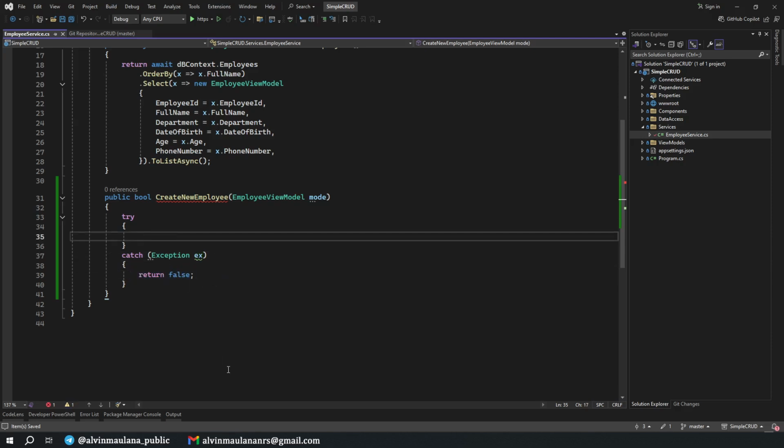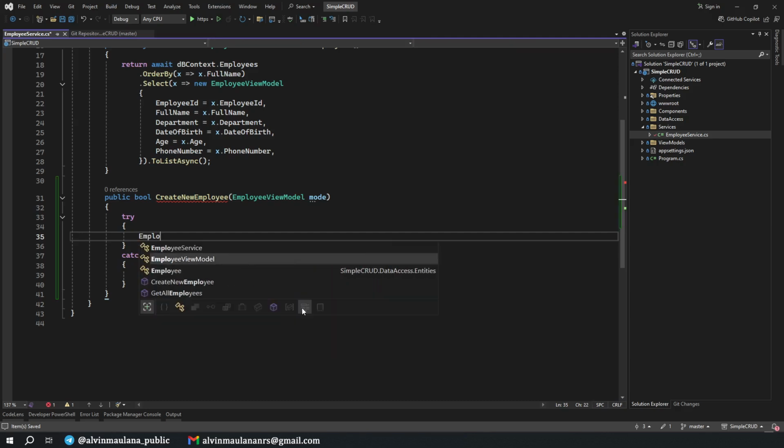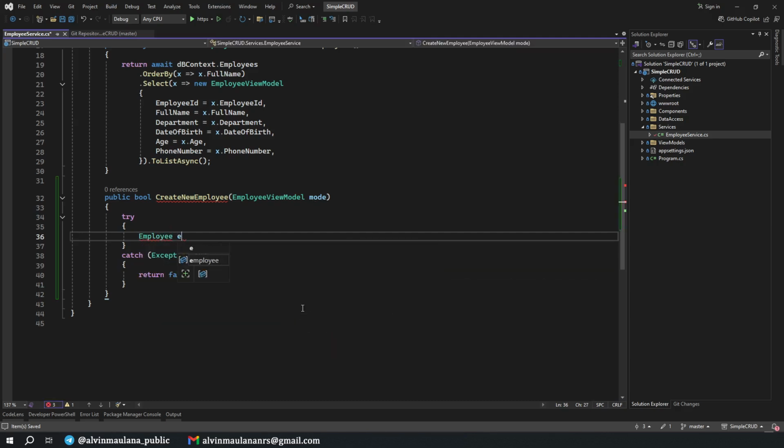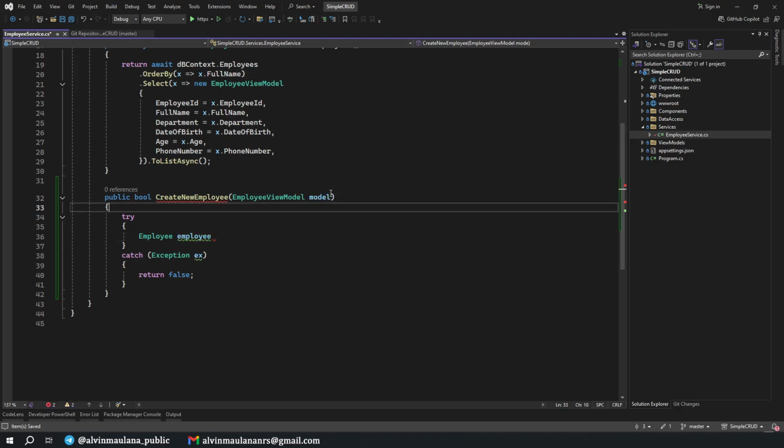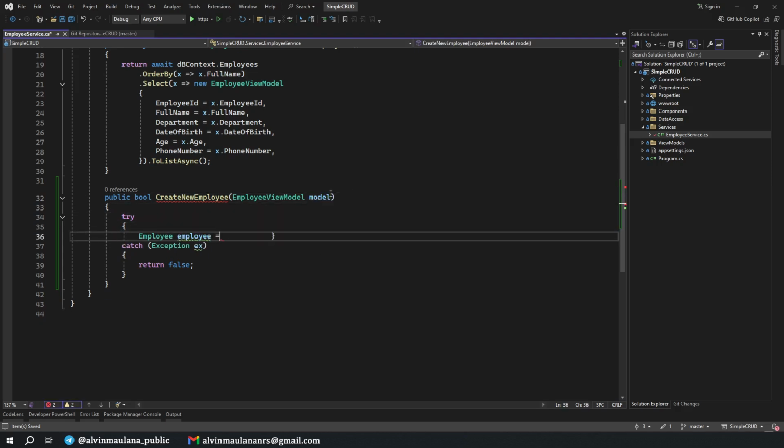And then first, what we need to have is an employee entity. Oh, this one should be model. Employee and new employee. So what we do in here, we map it from the view model into the model in our entity.